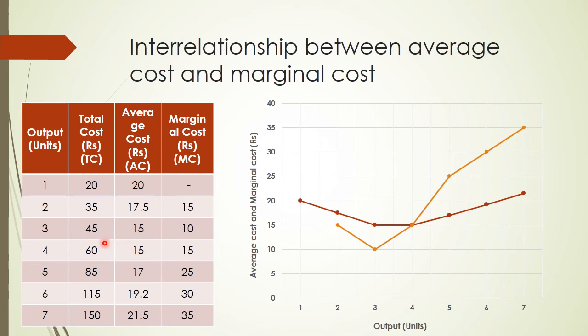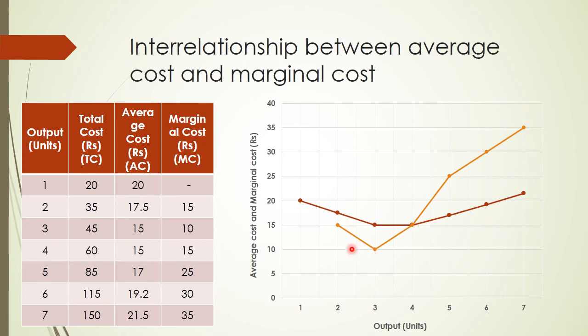Now here, average cost is total cost divided by the total production. Marginal cost, that is by using one more unit, is 35 minus 20, that is 15. 45 minus 35, that is 10. By adding one more unit of output, what difference does it make in your total cost? On the basis of this data, we will again draw these two diagrams. Plot the unit column and average cost column, and that will give you the average cost curve. The unit column and marginal cost column will give you the marginal cost curve. This hockey stick, you should remember, is your marginal cost curve.